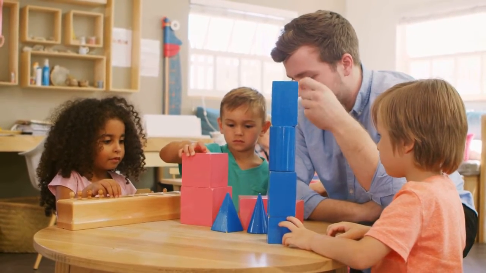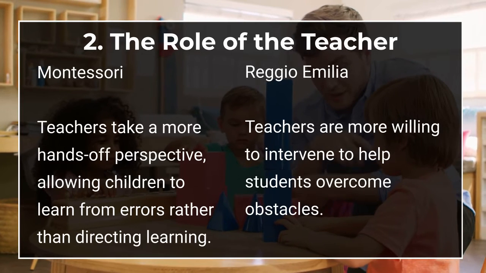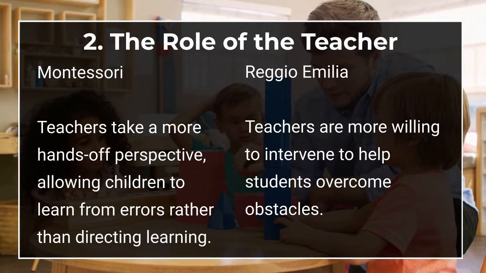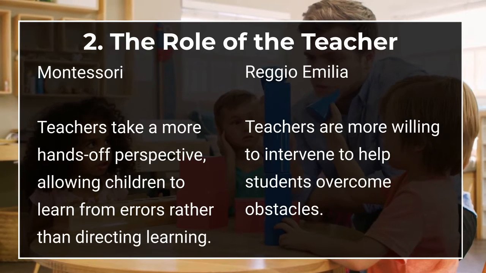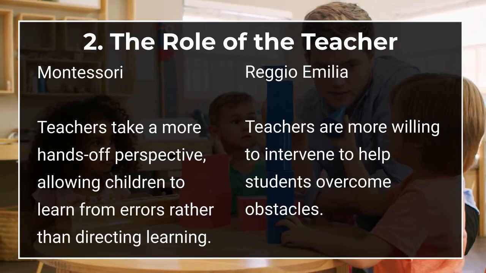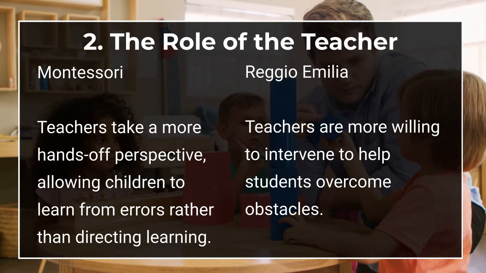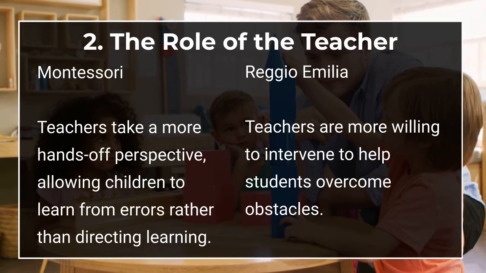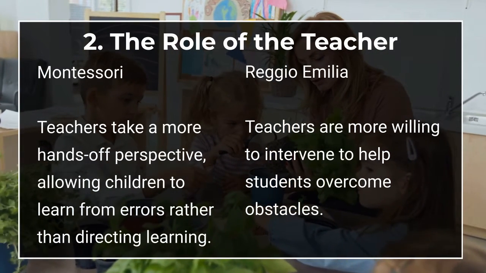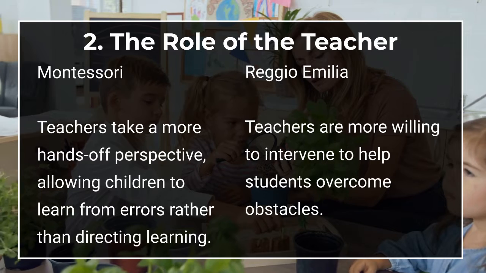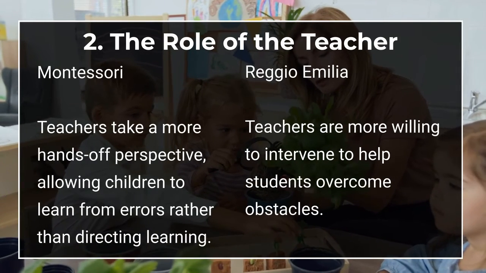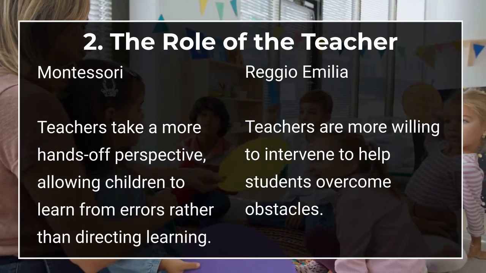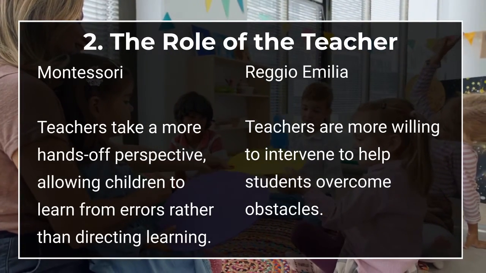Okay, so we can also see this conflict in philosophies again in our second approach, which is the role of the teacher. In the Montessori approach, teachers set up the environment, but during the learning scenario itself, they're more involved in observing rather than directing learning. So they'll only intervene when necessary. We can contrast this to the Reggio Emilia model, where the teachers are seen as co-learners and collaborators working alongside children and often learning together with them. So expect much more teacher-student interaction in a pure Reggio Emilia classroom than a pure Montessori classroom.